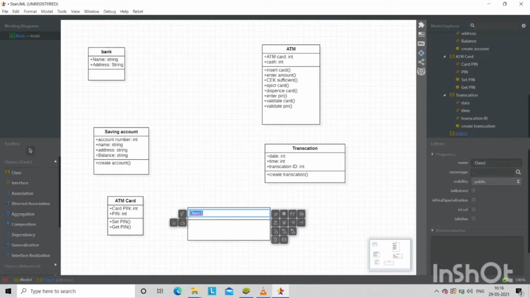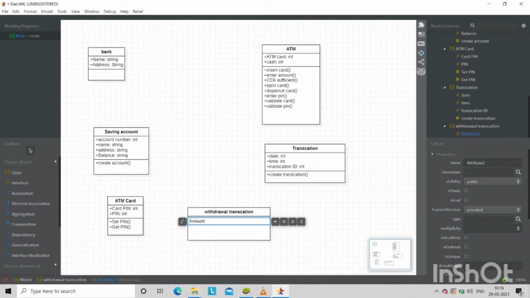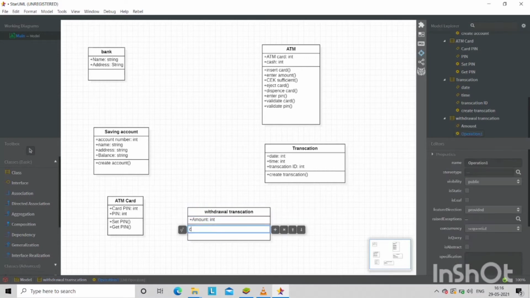Transaction has two subclasses, which are Withdrawal Transaction and Transfer Transaction.